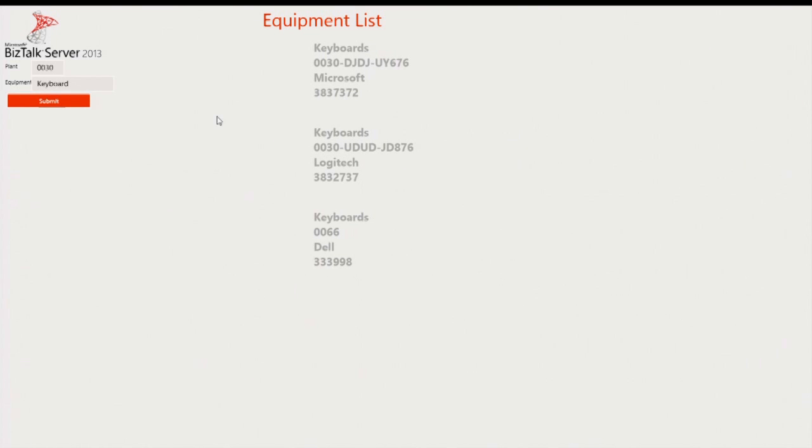Yeah. So we will also see how we are defining it in BizTalk, and we will also see how to consume it from BizTalk itself. Rather than a Windows 8 client, we will see how to consume it from BizTalk itself. So what I have in SQL Server here is I have these 3 stored procedures.